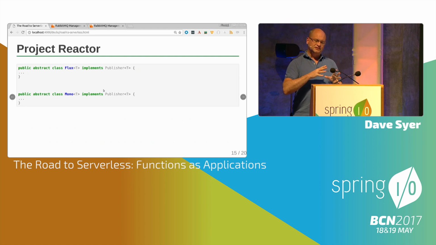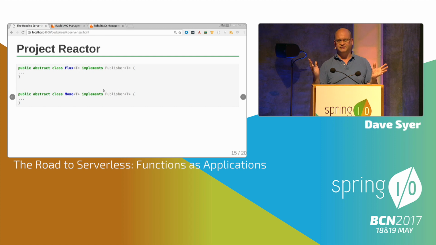OK, so let's change direction a little bit. Everybody's seen Reactor now, right? Flux and Mono. And Mono is not a monkey, as Josh has told us. But they are both publishers from Reactive Streams. So we got to thinking. We'd written a bit of Spring Cloud Function. We were thinking about how it should behave. And one of the things we were thinking was,